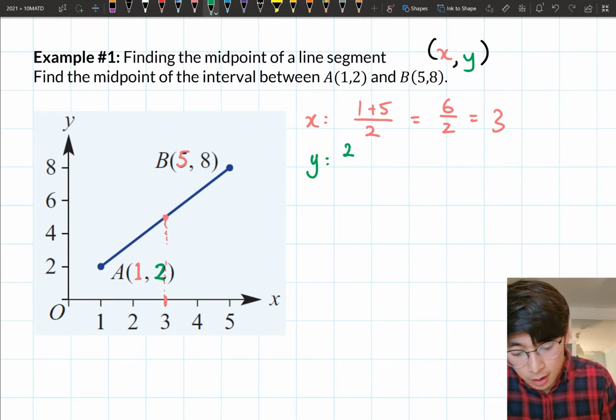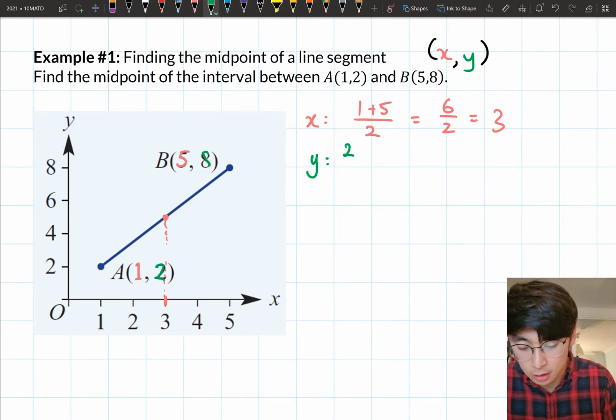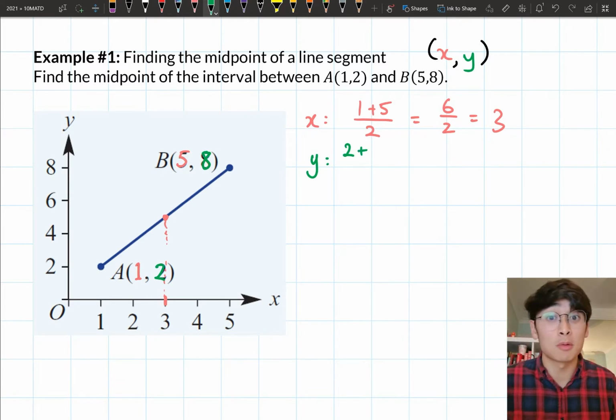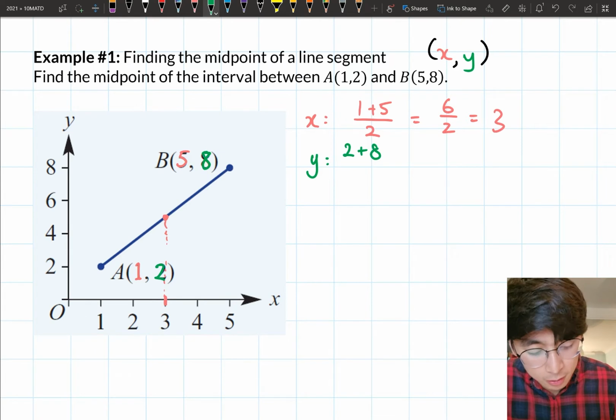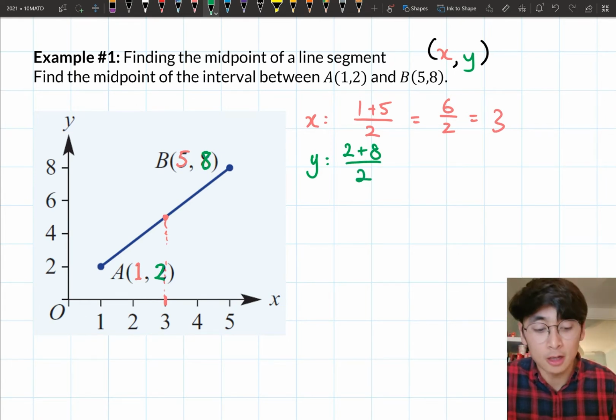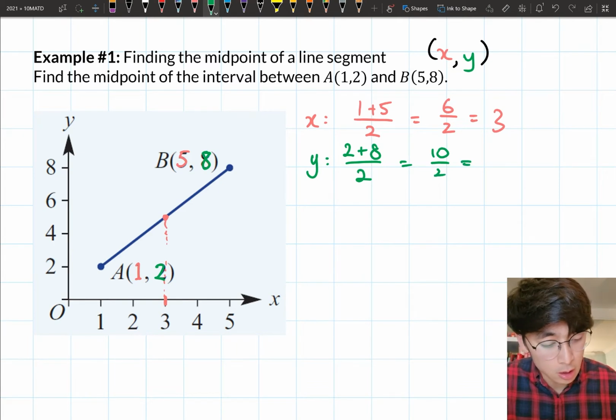I'm going to do 2, and the y coordinate for B is going to be 8. So I'm going to do the same steps. I'm going to add them and divide by 2. I'm going to just take the average. So 2 plus 8 divided by 2, and so that gives me 10 over 2, which is